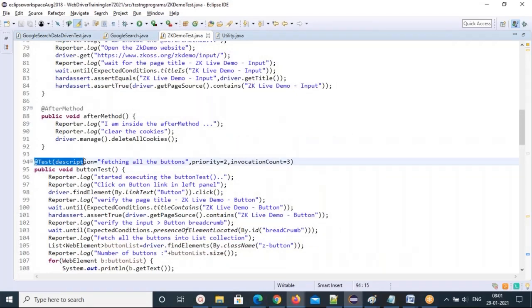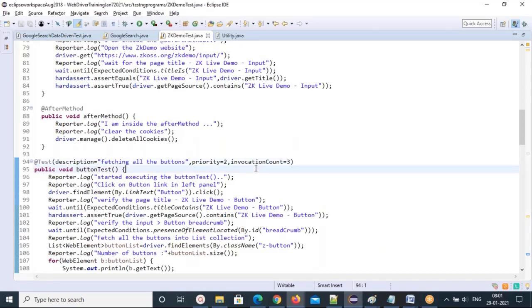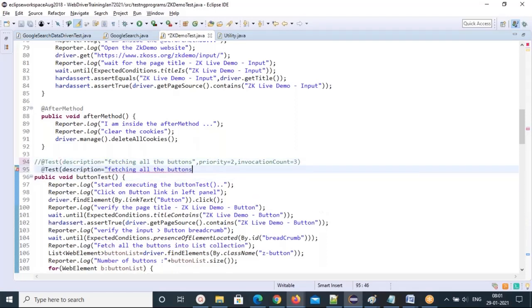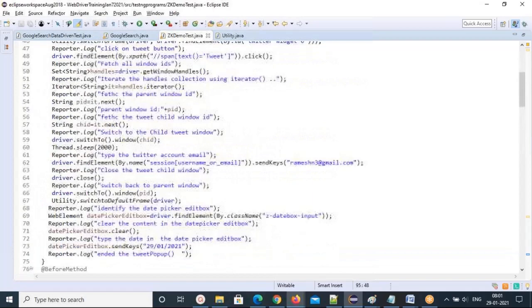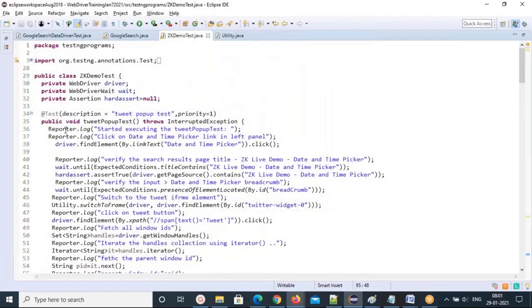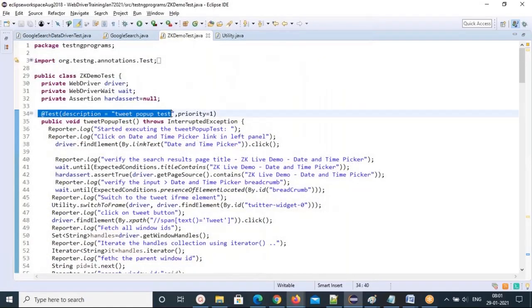So button test and the remaining ones, tweet pop-up, I'm just using without priority. So now what will happen here? That means 2 test methods with priority, and 2 test methods without priority.